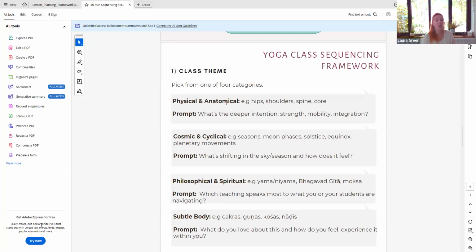Another category, philosophical and spiritual. This could be within the realm of yoga philosophy, yogic teachings, or anything else that is connecting, resonating with you. So e.g., it could be the yama and niyama. It could be teachings from the Bhagavad Gita. It could be exploring key philosophies like moksha. What does that mean? This morning I taught a class on cultivating peacefulness. Then prompt, let's go deeper. Which teaching is speaking to you most right now? What are you and your students navigating through that a piece of philosophy or spirituality could support you to navigate